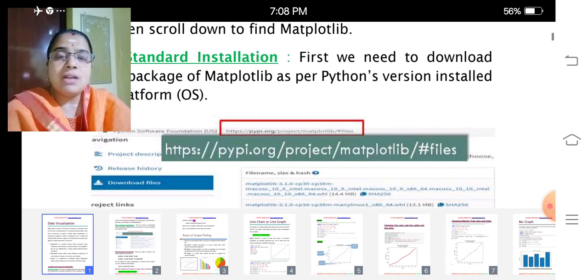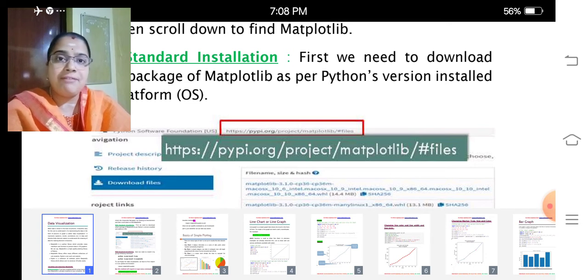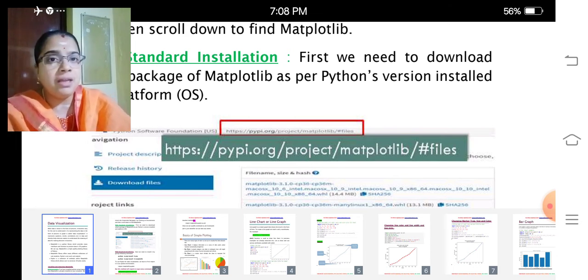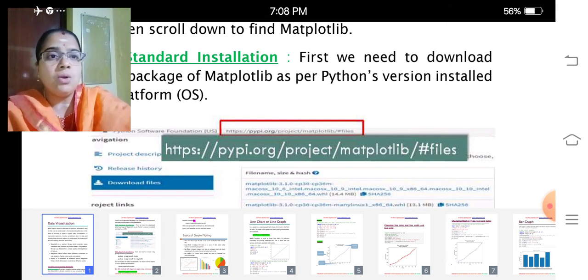My dear children, look at the URL which I have given, https://pypi.org, within that the project, within that Matplotlib, within that files. If you are working on a system, you can easily download that library from the internet. Then click on download files.